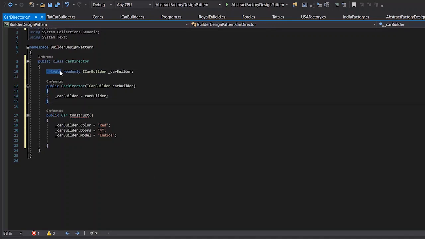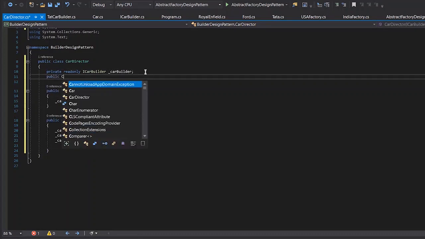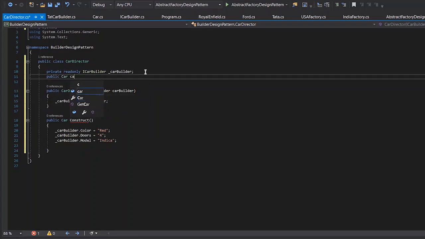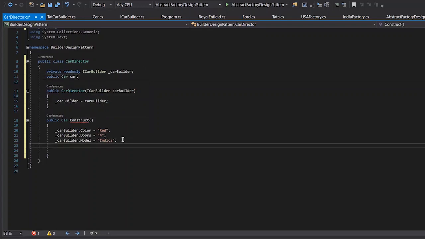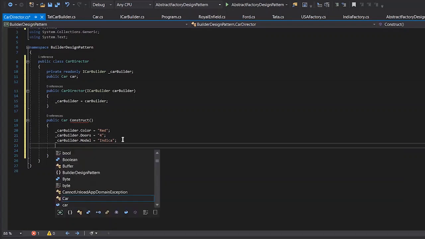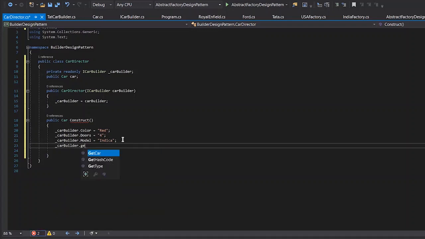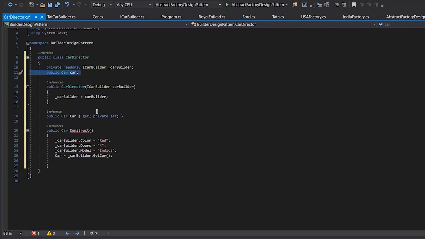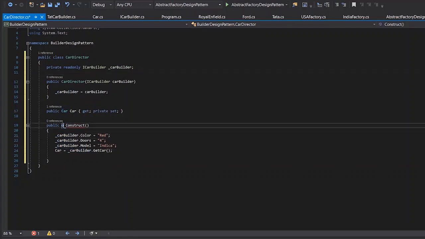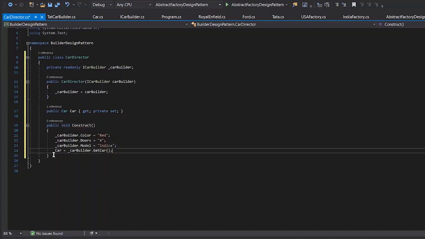Let's create an instance of car here, car, and car builder dot get car, and we will store it in the car director. I'll make it void. We don't need to return anything.